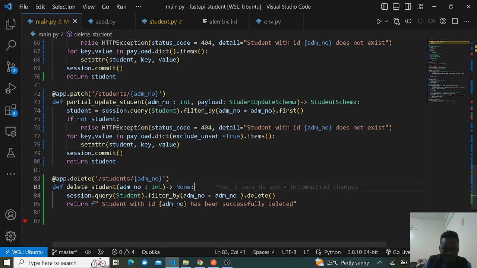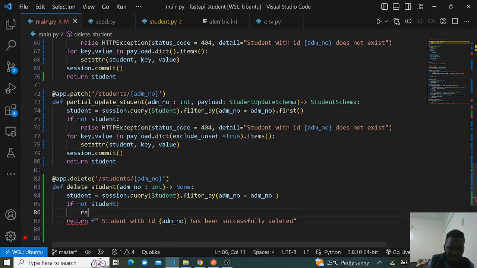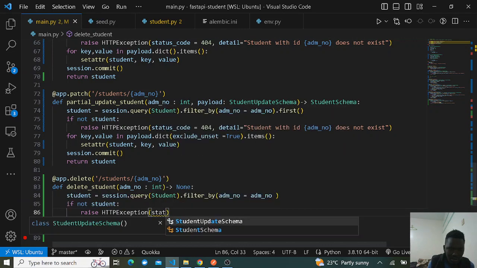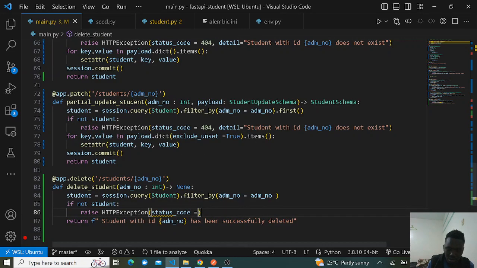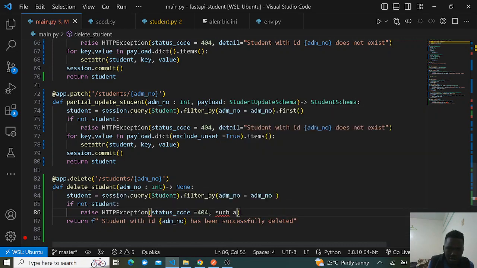Of course, we need the nullable values. If it is none, so I'll not delete this. I'll store this in a variable. So I'll make this student to be equal to that. Then we confirm. So if not student, then we'll raise an exception. HTTP exception, status code first of all for such a student, was the detail status code